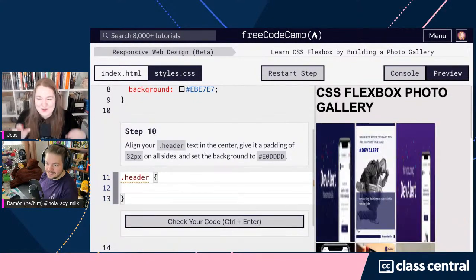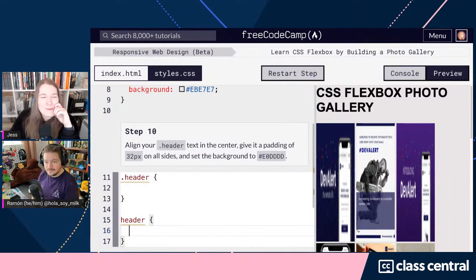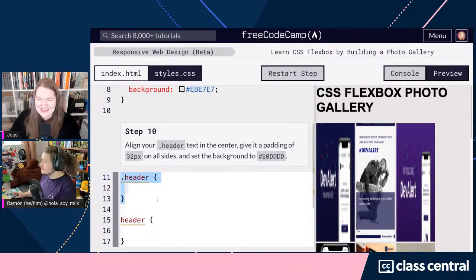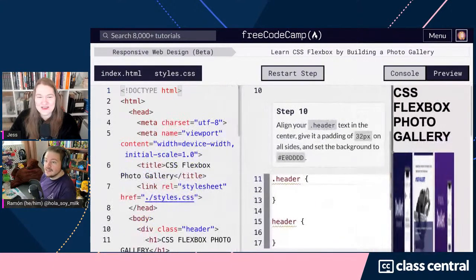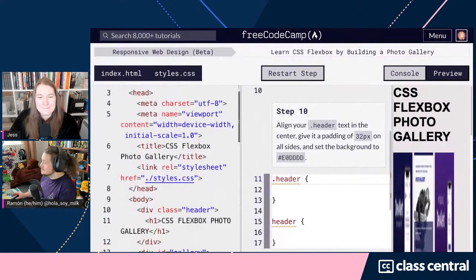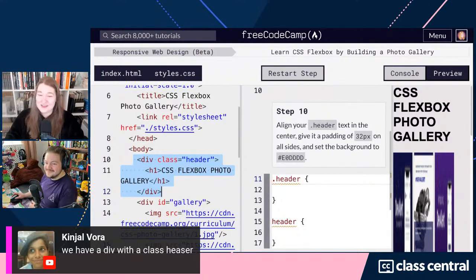So this is padding. Let's talk about this because usually we've done selectors for headers before, right? And whenever we've done a selection for a header, it looks like this. My absolutely beloved learners, why are we using the class selection for the header here? I'm going to squish my preview to take a look at why, and we've got the hint in here. Why are we using a class selector? Yeah, because Kinjal's got me. It's because instead of using a built-in header, we've bolted on